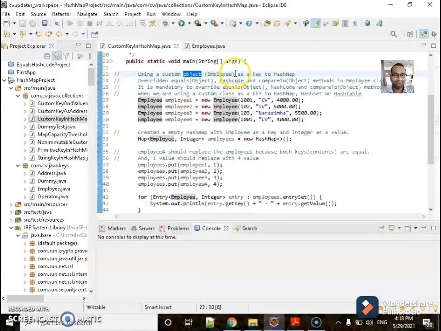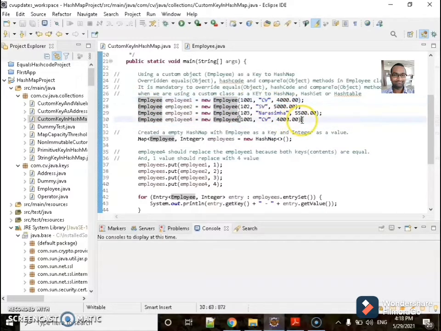Using the custom object as a key to the HashMap, I overrode all three methods: equals, hashCode, compareTo. It is mandatory to override these three methods whenever we use a custom class as a key to a HashMap, Set or Hashtable. I have created multiple objects here.